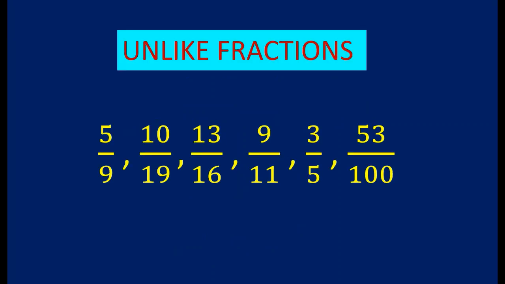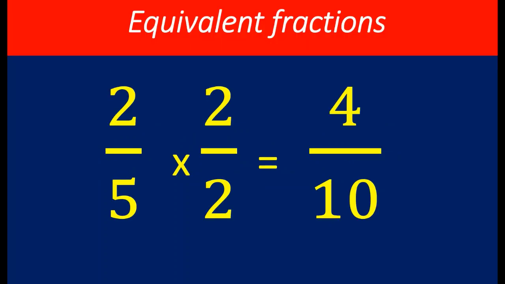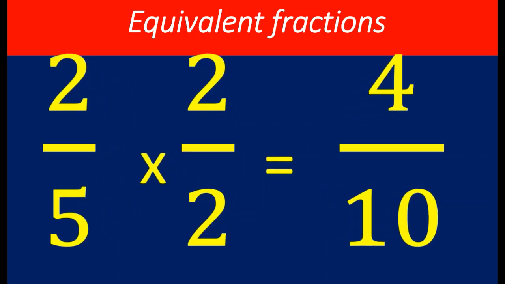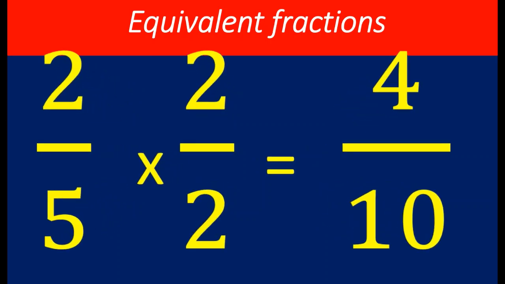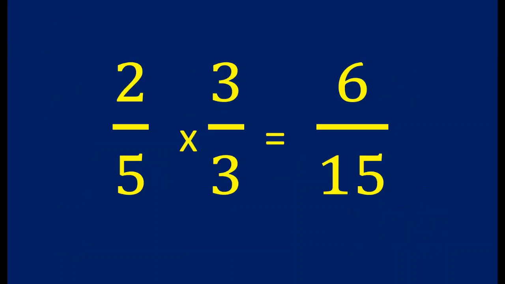These are the unlike fractions, which have different denominators. Before adding them, we can change them into like fractions because many people feel comfortable adding like fractions. Before changing unlike fractions into like fractions, we should recall the equivalent fractions. They are the fractions with the same value. For one given fraction, we can write countless equivalent fractions. How? Just go on multiplying the numerator and denominator by the same number.